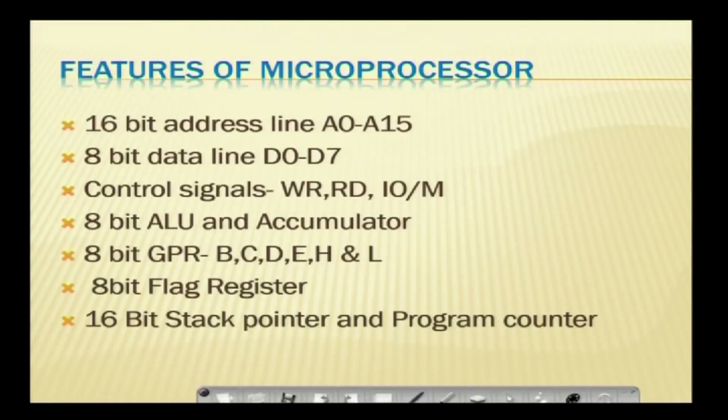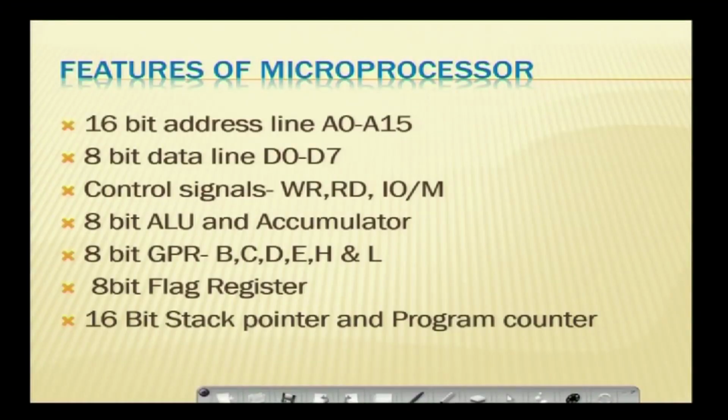Whenever we want to interface any I/O device to the processor, we have to know the features or configuration of the processor, then only the compatibility will help to interface. Here we are discussing the 8085 microprocessor, which has 16 address lines. Based on the address lines, we can send or receive data. They specify the location where to send or where to read the data. Based on the 16 address lines, we can define the capacity of the processor. So, 2 power 16, which is 64 kilobytes, is the maximum capacity of the 8085 microprocessor.